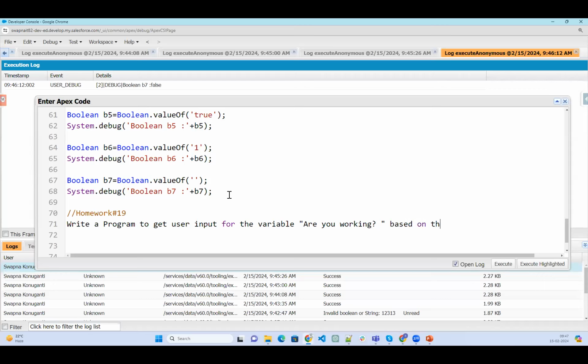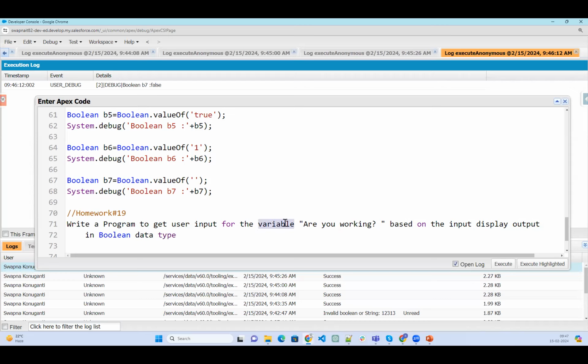Based on the input, display output in Boolean data type.